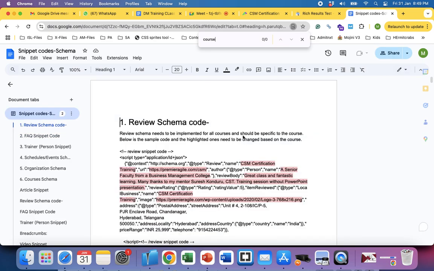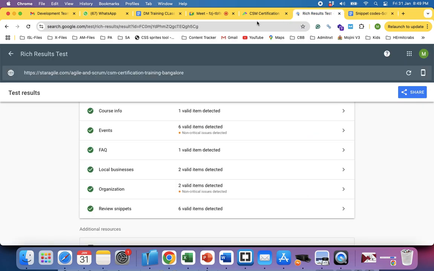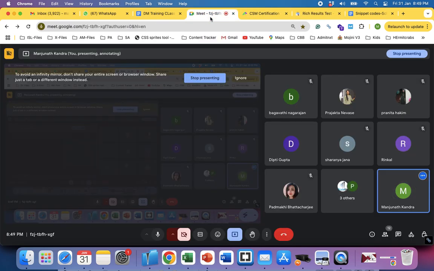It's not loading properly. Okay. I have one question. What are listing pages? Any page that lists multiple products is called a listing page. So on Amazon, you go and search shoes. It shows a list of all the shoes, men's shoes, women's shoes. See, it is listing all the products. It is called a listing page.